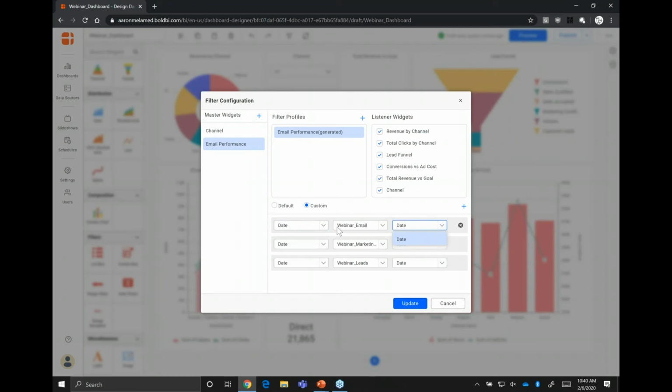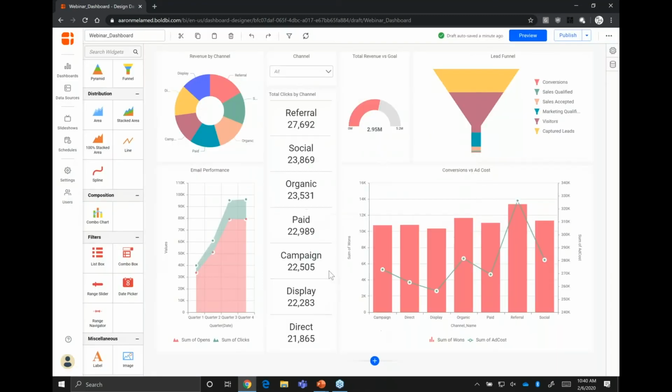But for other widgets where you have additional data values assigned to it, you can actually use these drop downs to select what piece of data from your widget will be used as a filter value. So you do actually have control over that behavior. And so I'm actually going to leave that at the default setting. I kind of like the way it works right now. And so now I've got a pretty